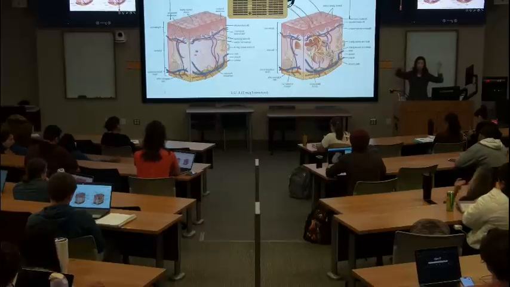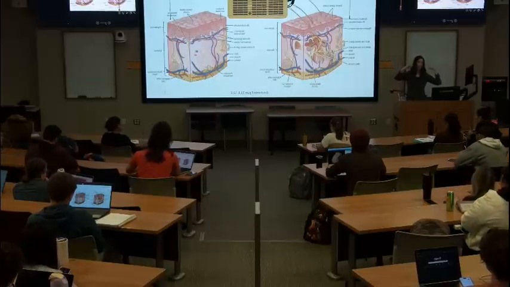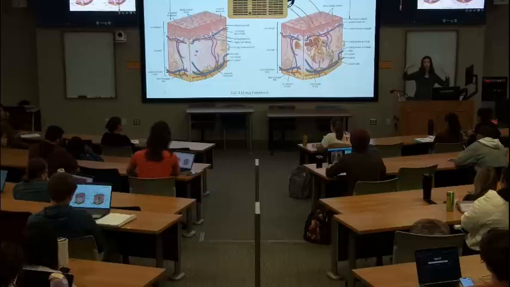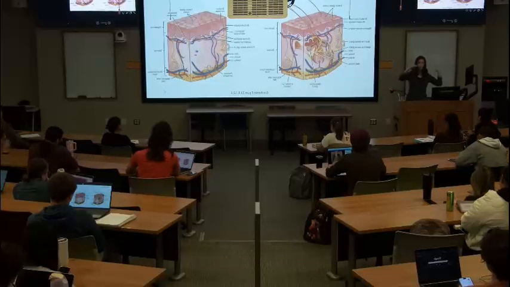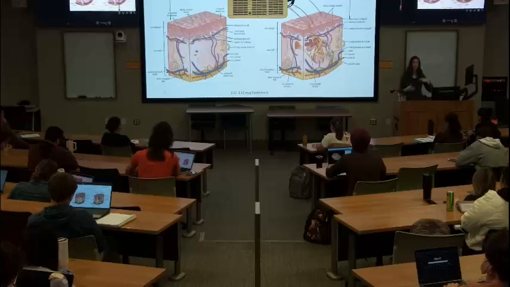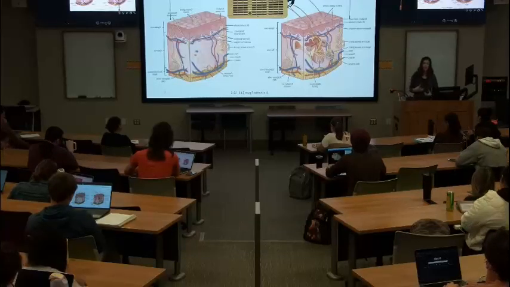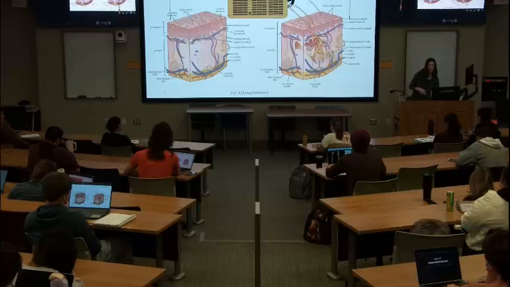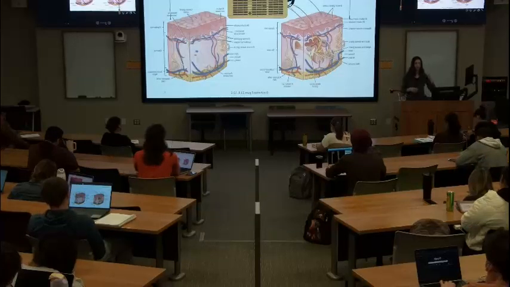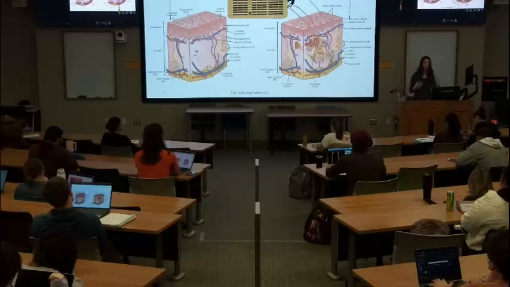So the collagen fibers are going to be more delicate and more open framework because it's an areolar connective tissue. As you go deeper, you're going to see it more robust. It's going to be more of a dense irregular connective tissue. You'll see bigger blood vessels. Up here, in the papillary region, you're also going to see,